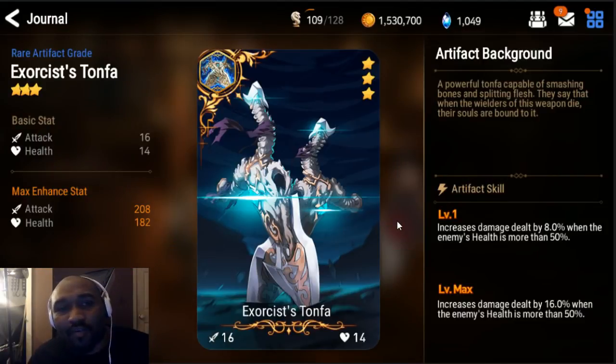Starting at number 5, we're gonna go with my English dictionary. Exorcist Tonfas. I don't know why I was thinking extortionist or something like that. I'm gonna use the 3 a.m. excuse on that one. I really like this artifact because it does damage as long as they have 50% more